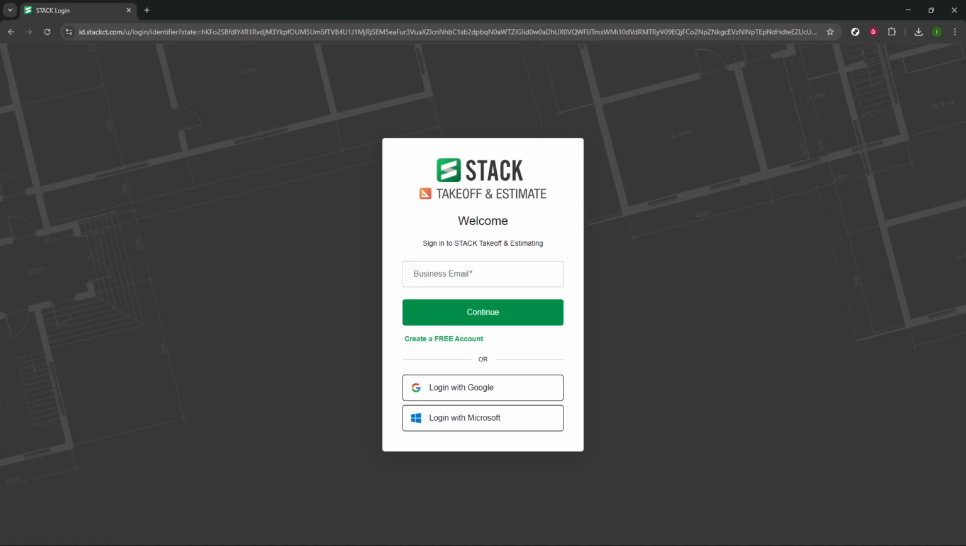In today's video, I'm going to teach you how to upload documents in Stack. Whether you're new to Stack or just need a quick refresher on uploading documents, this guide will walk you through the entire process, step by step. So let's dive right in and make sure that by the end of this video, you'll be ready to upload